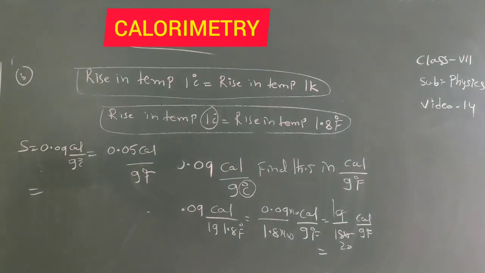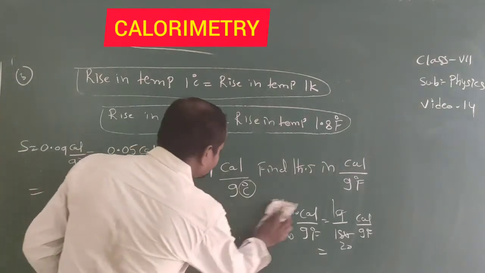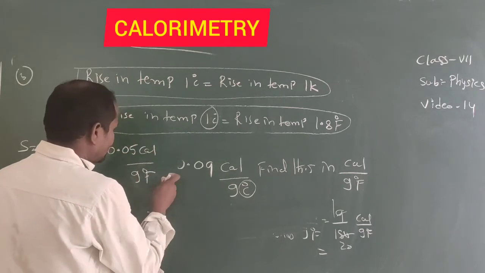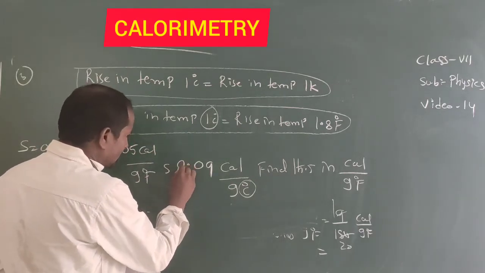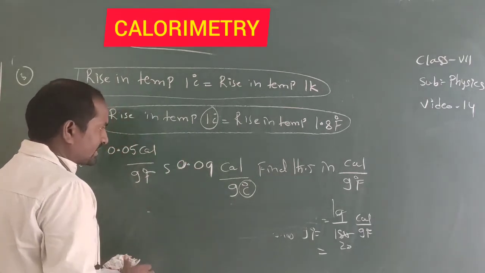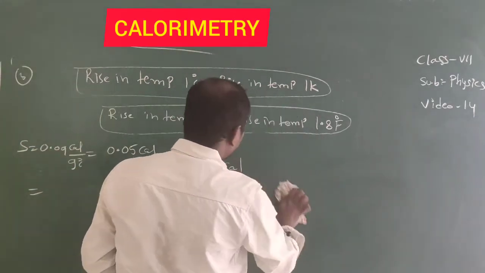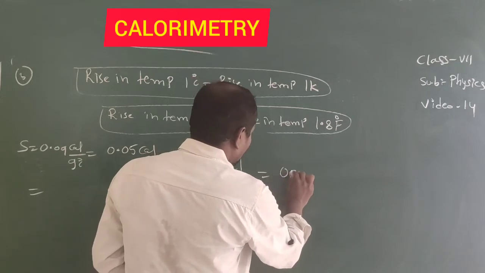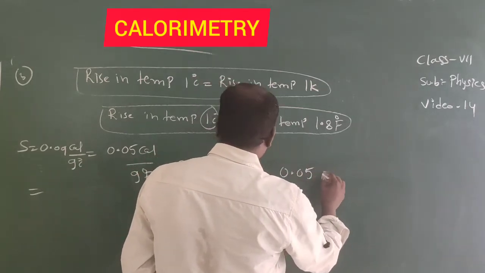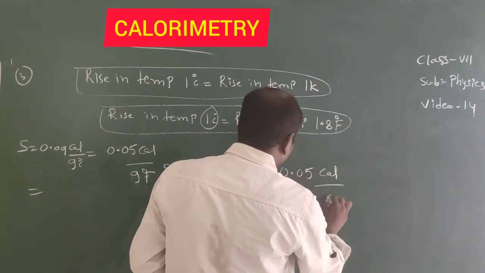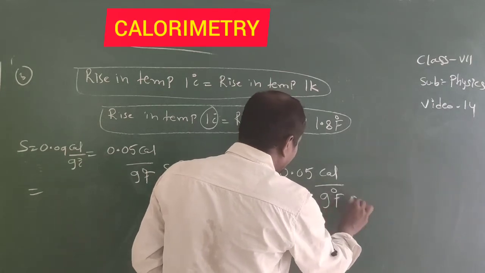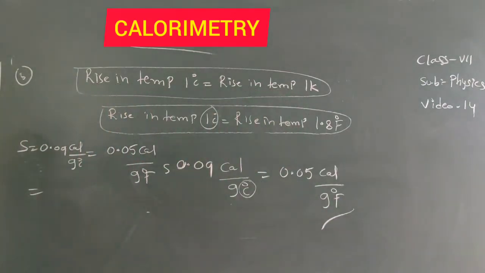So here S equal to, what is the given value? S equal to 0.09 calorie per gram degree Celsius. That is equal to in Fahrenheit how much? That is 0.05 calorie per gram degree Fahrenheit. It is option number 3. Now next one,